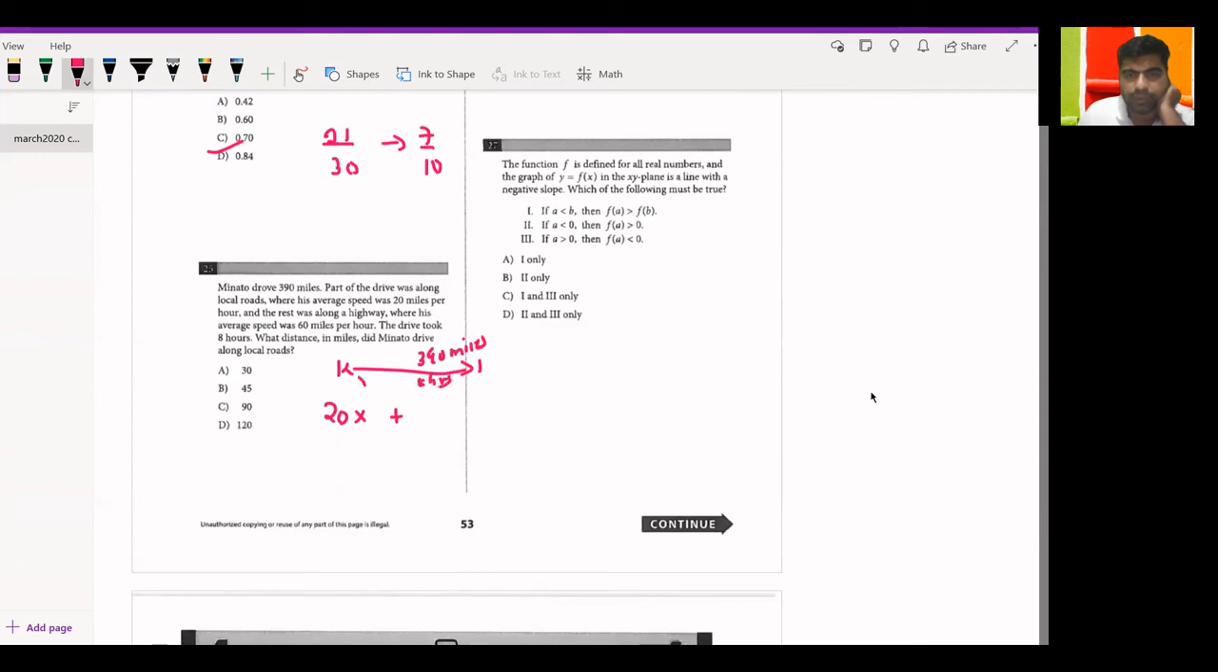If one part is x hours, the other part is going to be 8 minus x hours. So that is going to be 60 times (8 minus x). This is the first distance, this is the second distance. The total distance has to be 390. So 20x plus 60 times 8, which is 480, minus 60x is 390. 480 minus 390 is 90